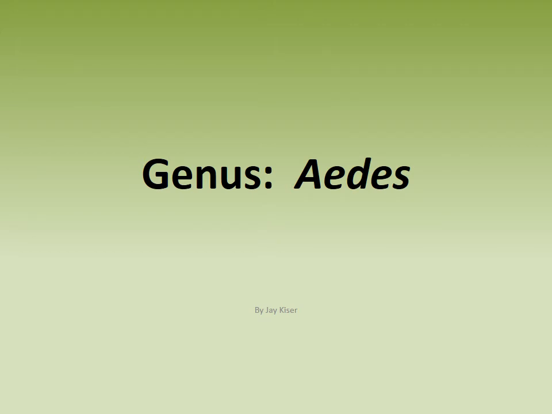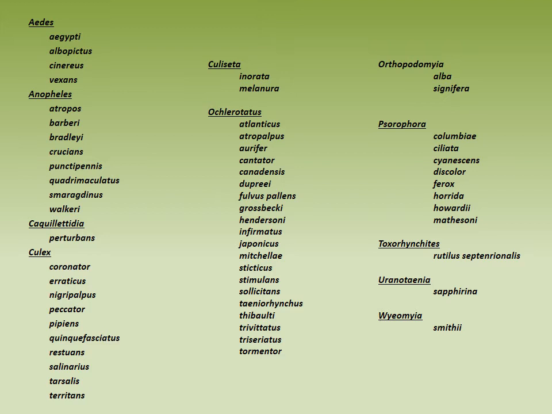This presentation will be on the genus Aedes. Here I have listed the 58 species of mosquitoes that historically have been found in Virginia. As you can see in the top left corner, there's a small little list for Aedes, and then in the